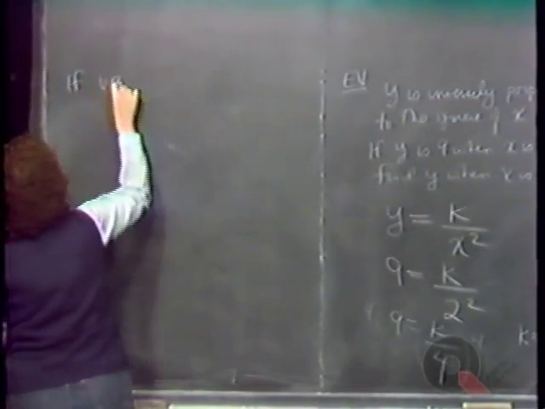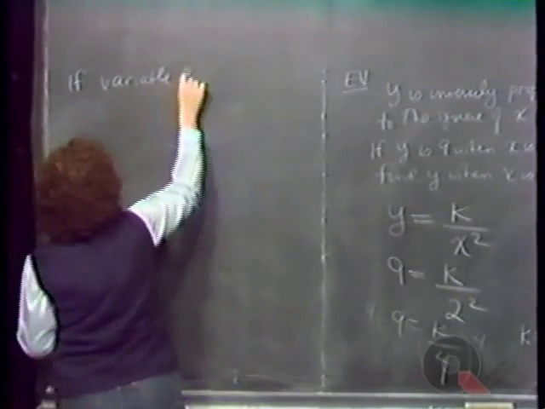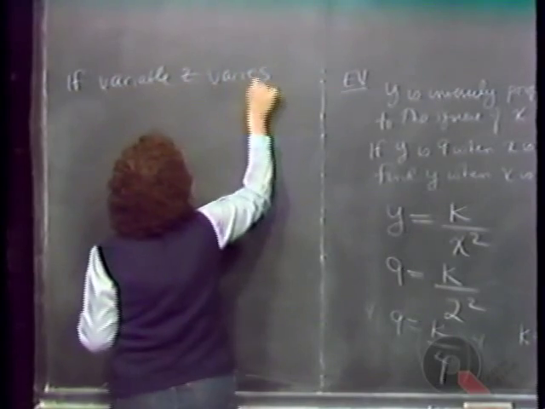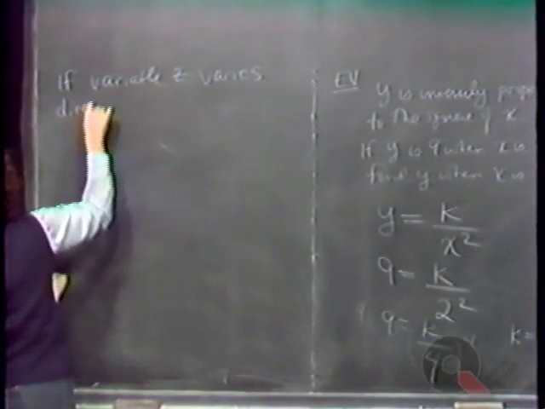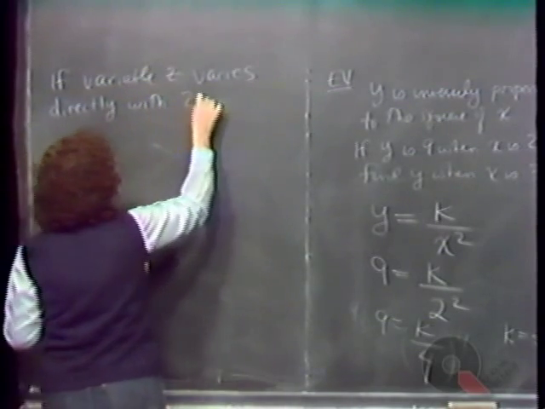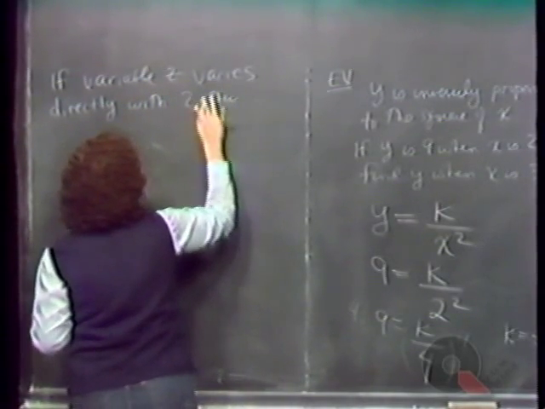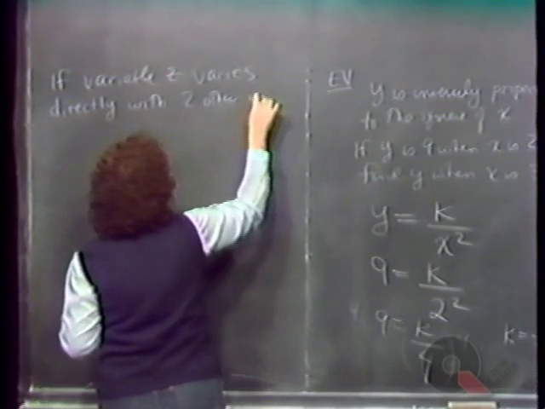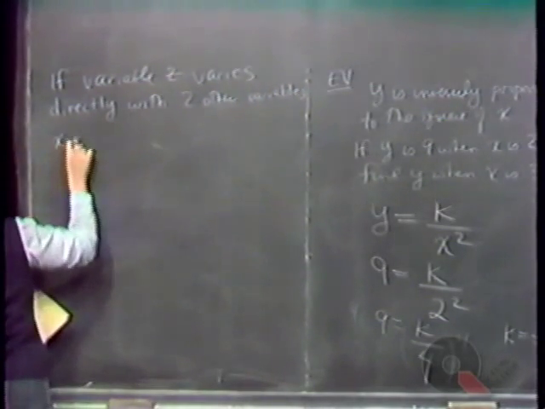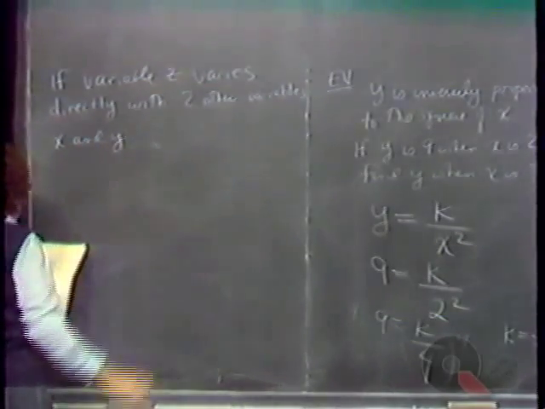If the variable z, let's say, varies directly with 2 other variables, x and y,